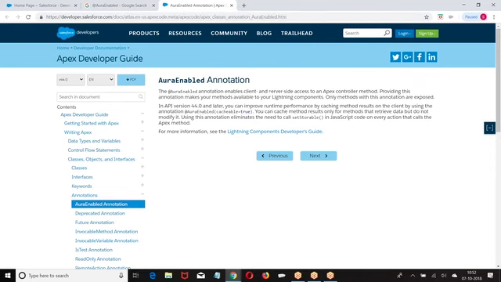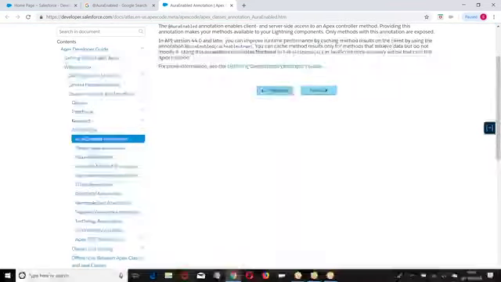It enables client-side access to the Apex class. That means a client using JavaScript in the Lightning component can invoke an Apex class from the server side.